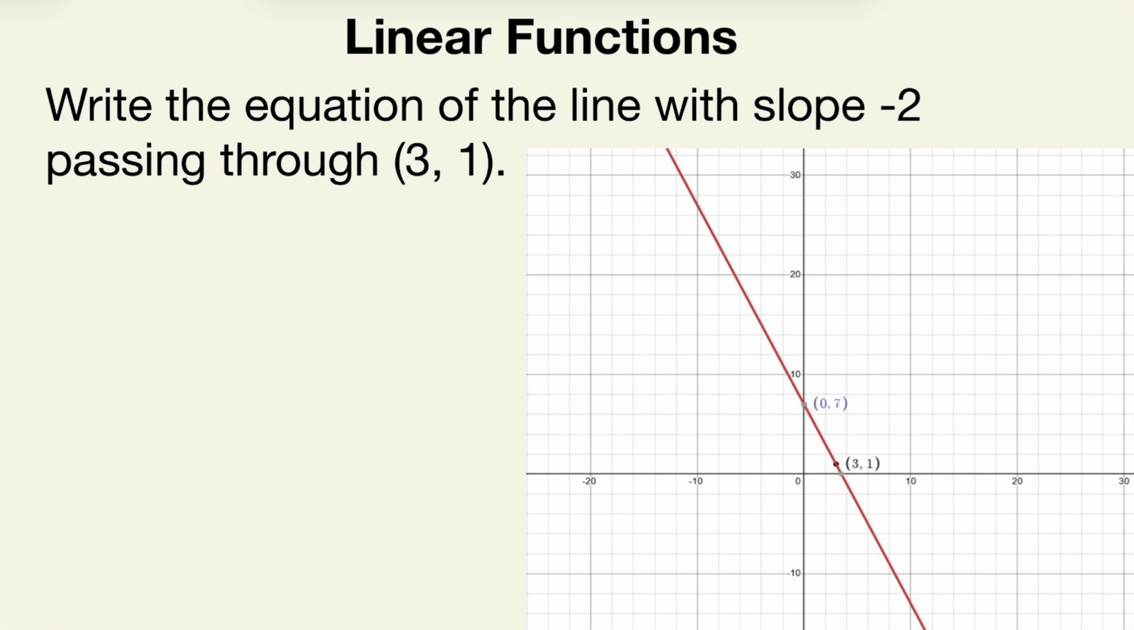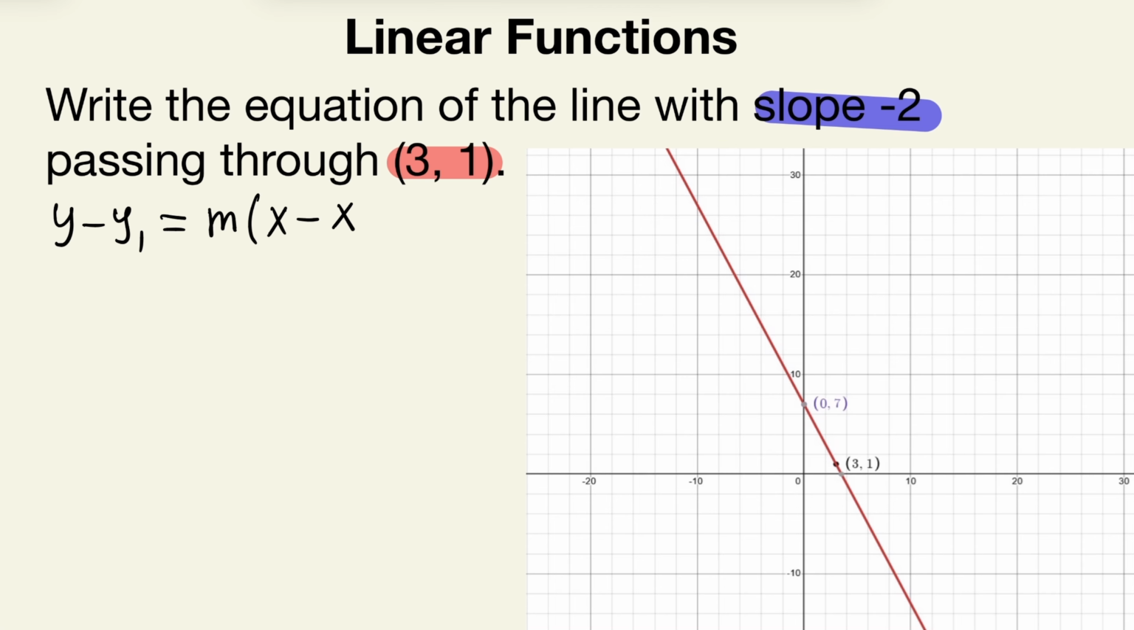Here we have to write the equation of the line with slope -2 passing through (3, 1). So we have the slope of -2 passing through (3, 1). The first step we want to take here is to write this in point slope form. Point slope form is simply y minus y sub 1 equals m, which is your slope, times the quantity x